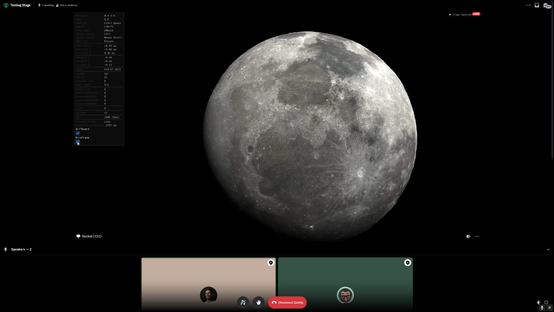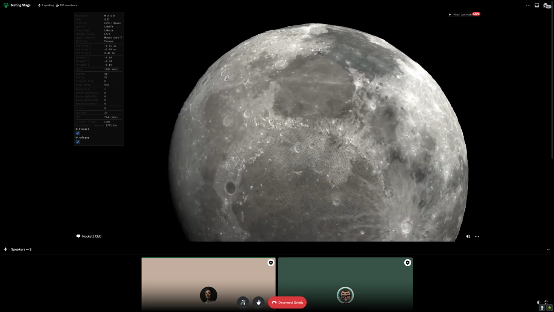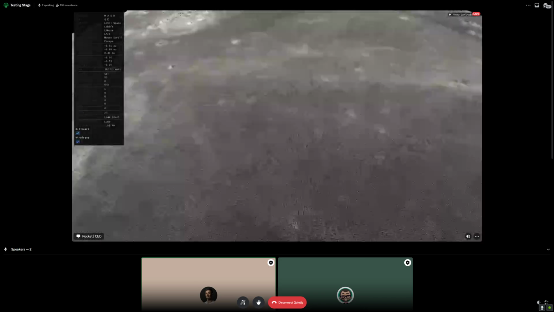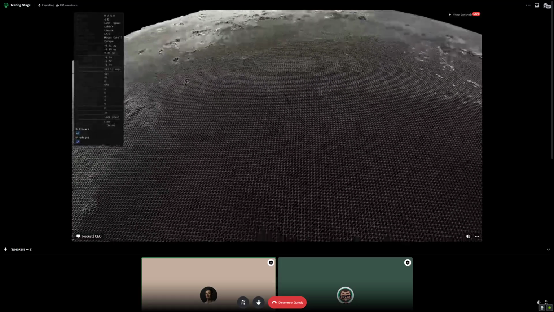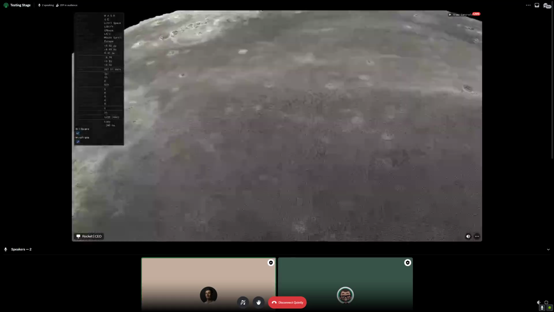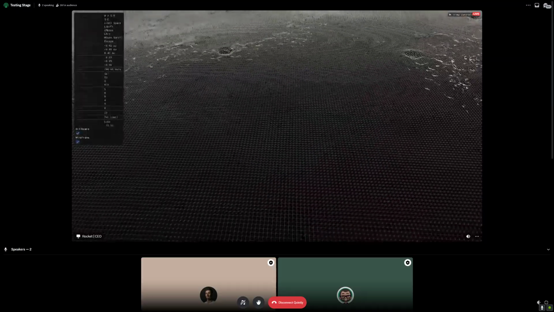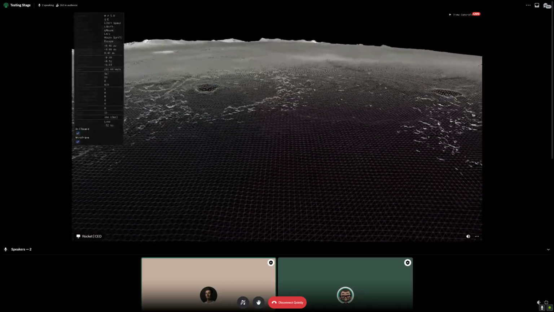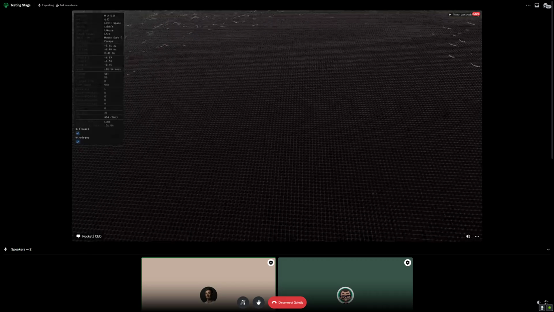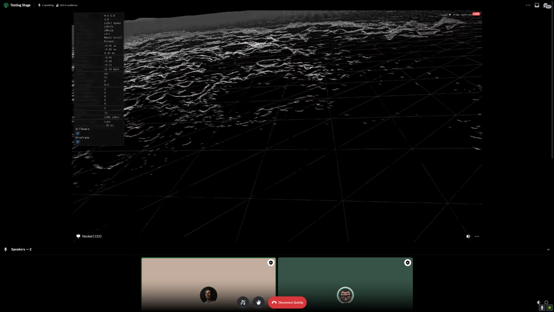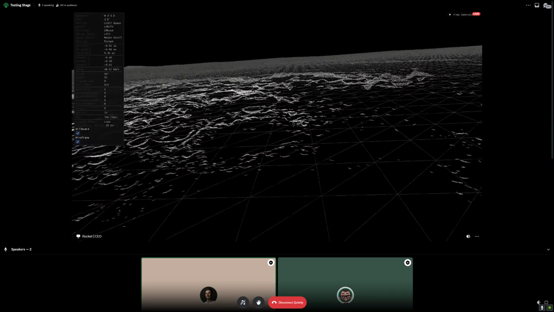If I turn on wireframe mode, it's probably really hard to see, but as I get closer, we're actually switching out mesh LODs. And we have so much mesh available to us that I'm just going to slow my speed